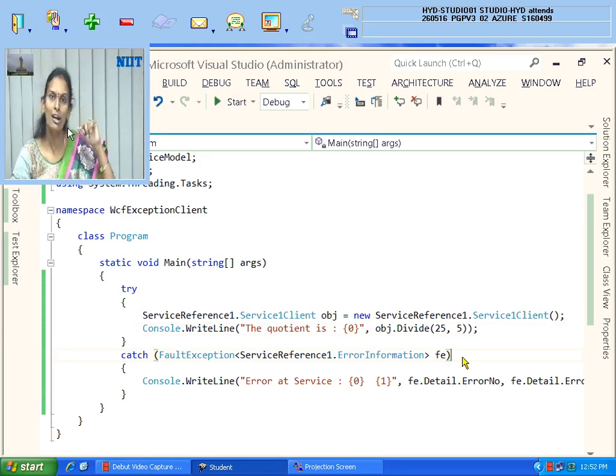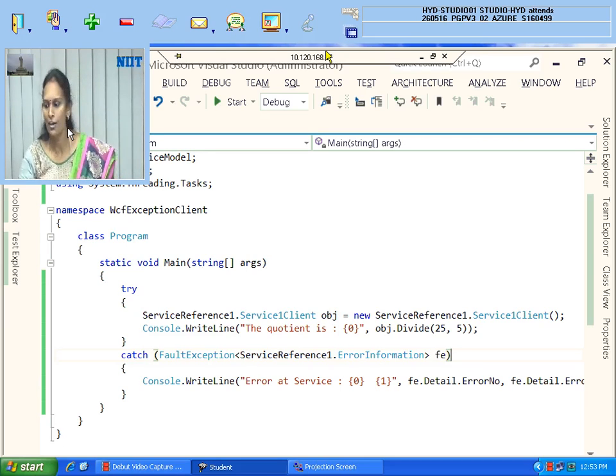So using fault contract, you need to send the fault exception class, but the contract should be given to a class whose object you are sending with the error information, and one catch block to be created in the client application to receive that fault exception and display the message you are getting. This is the way exceptions can be handled in your WCF service. I want everybody to confirm with this question so that I can end our session, so that we finish till the 6th module. Okay?